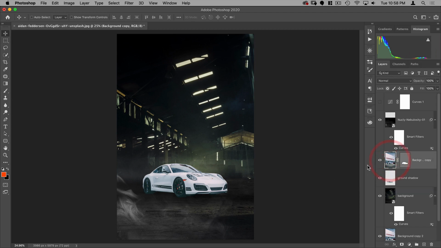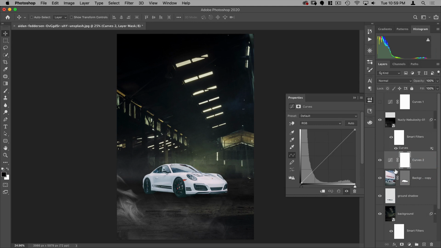And I also need to adjust the black point on this car because you can see the background has a darker black point. So let's go ahead and add a curve on top of this, and I'm going to clip it to this layer and then just pull our blacks down until those wheels match the ground. So right about there.